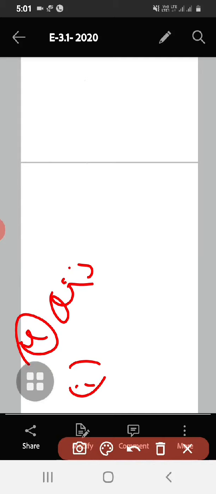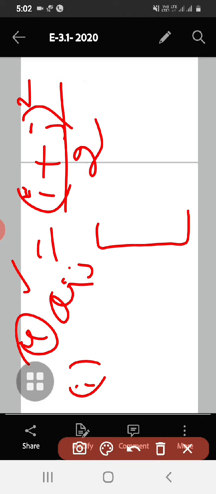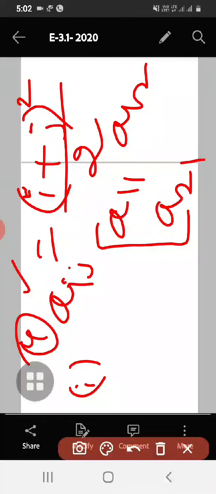So what is Aij here? So observe carefully, Aij is given as (i plus j) whole square divided by 2. See here, this is given, this is the first one. So this is the general element, Aij is equal to (i plus j) whole square by 2. So we have to construct a 2 cross 2 matrix. So how does a 2 cross 2 matrix look? See, a 2 cross 2 matrix should be like this: A11, A12, A21,